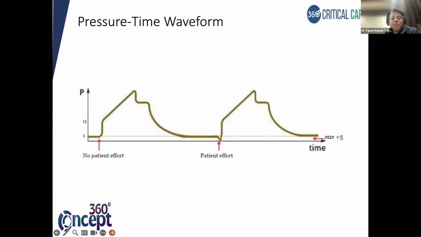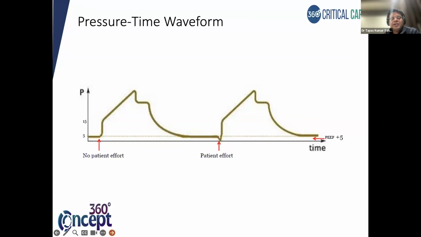Now, the pressure time waveform. What is happening here? Here you can see the patient effort by the negative deflection. Here no patient effort, here patient effort. And you can see here the PEEP, the 5 here is the PEEP that is set. So PEEP is plus 5, patient effort is happening here, but in some of the ventilator breaths, they are not